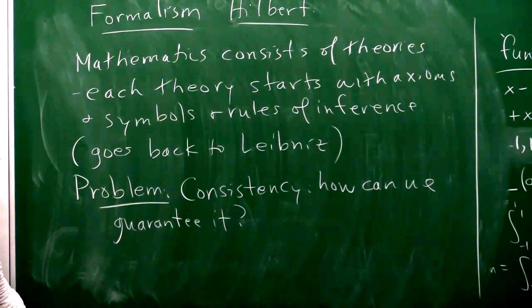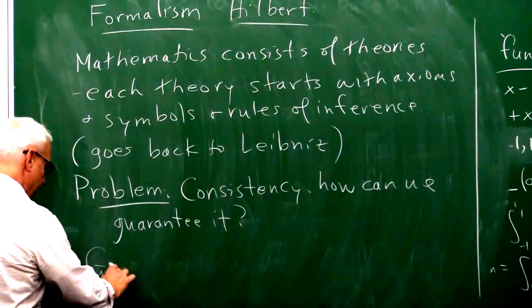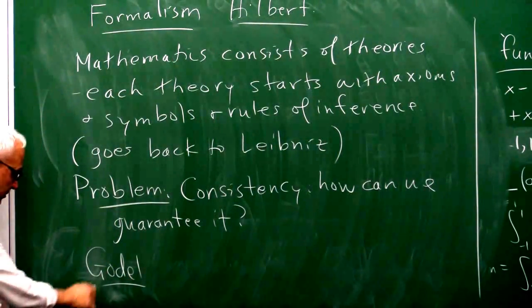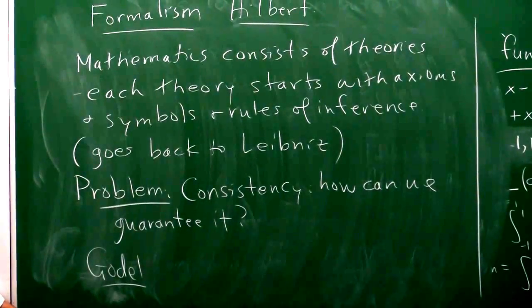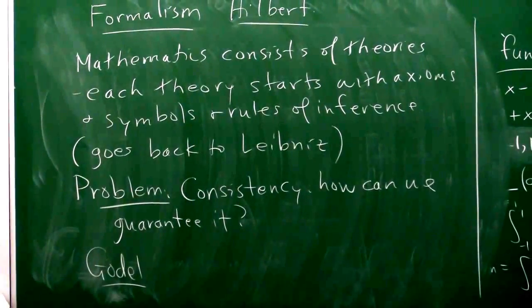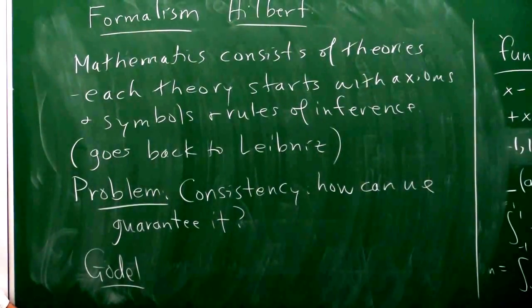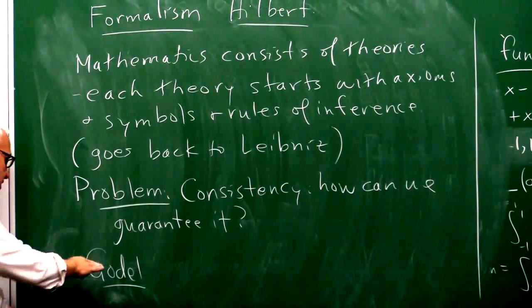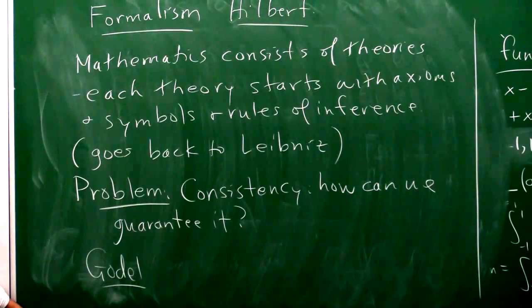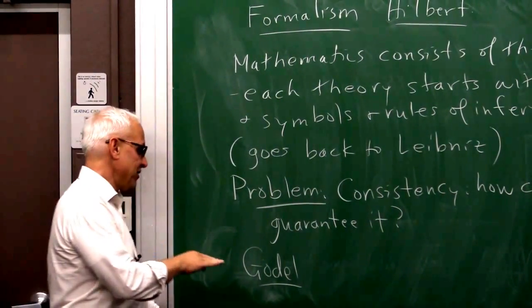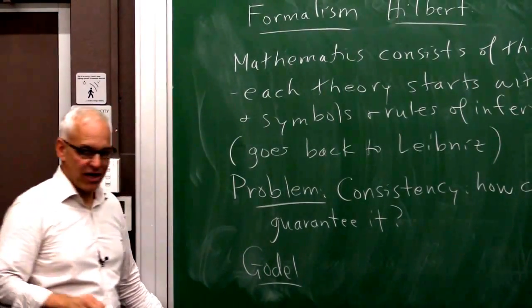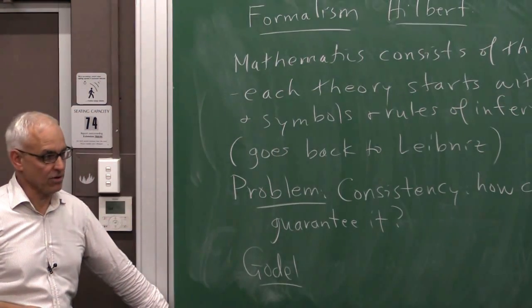Well, that turned out to be dashed by the work of Gödel, so that's what we're going to talk about next week. We'll talk about how Gödel established some results that basically sank Hilbert's dream of creating a standalone formalist system for mathematics, and how then that was sort of taken in different directions by the growing interest in computers and computational issues by Turing and Post and Church and so on. So there's then links to this side of logic and the new development of computability. We'll talk about that next time.